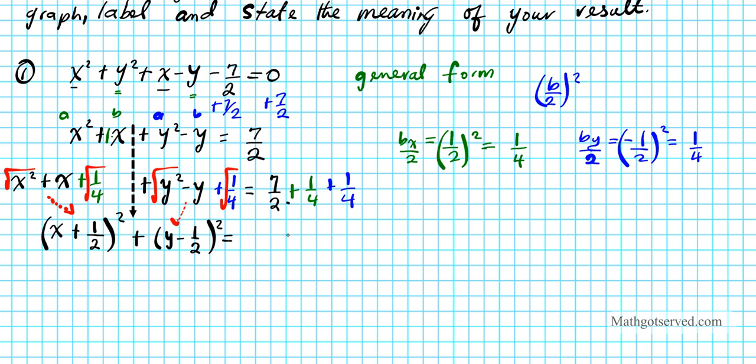All right, now let's simplify this side right here. In order to combine these fractions, we need the same denominator. So the LCD of 2 and 4 is 4. So I'll multiply 7 over 2 by 2 top and bottom, so they have identical denominators. That gives us 14 over 4, plus we can combine these two, which is 2 over 4. Okay? And that yields